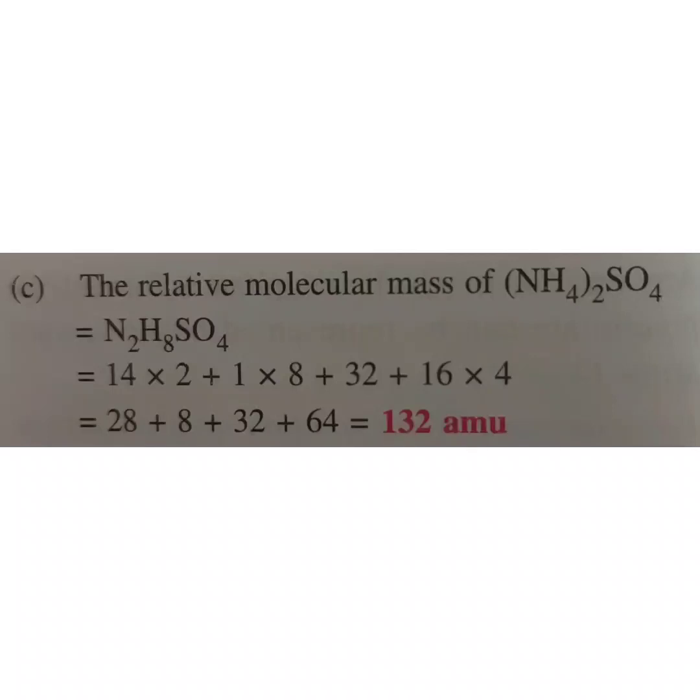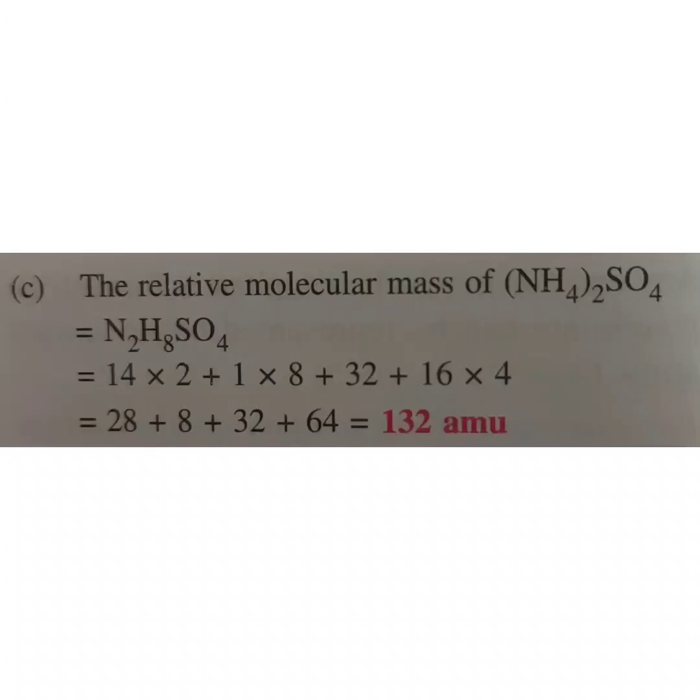Now put the values which are already given to you. The atomic mass of nitrogen is 14, so 14 into 2, plus 1 into 8, 1 being the atomic mass of hydrogen and 8 atoms of hydrogen, plus for sulfur it's only 1 atom, so just 32, plus 16 into 4, 16 being the atomic mass for oxygen and 4 atoms of oxygen. That works out to 28 plus 8 plus 32 plus 64, giving you